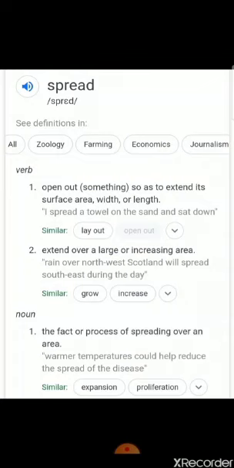What is the meaning of spread? Extending over a large or increasing area. About 6 years ago, the disease spread to her arms and hands, and she can't use them anymore. It spread all over her arms and hands. It extended over a large or increasing area, that is growing, increasing, that is spreading. Okay, spreading over a large area.